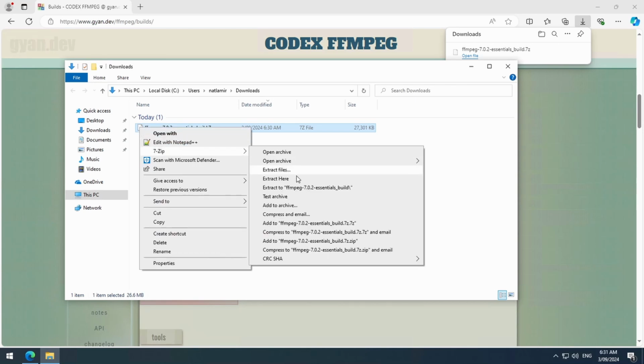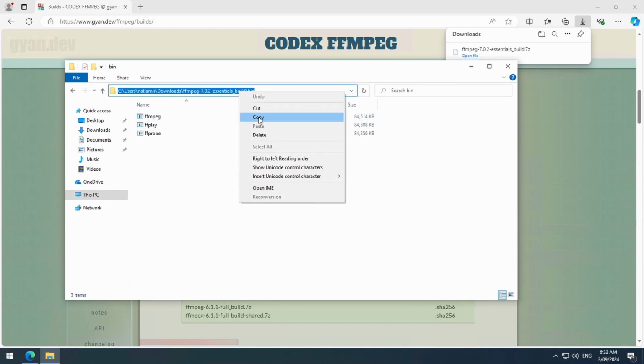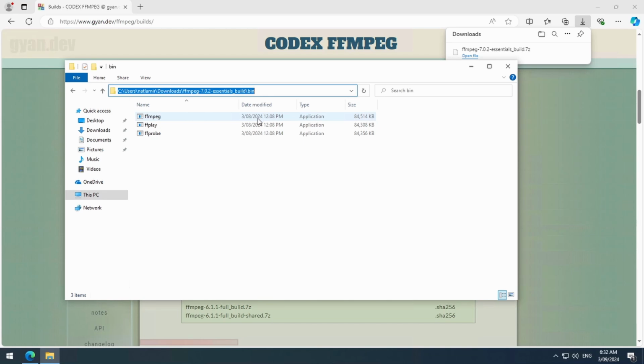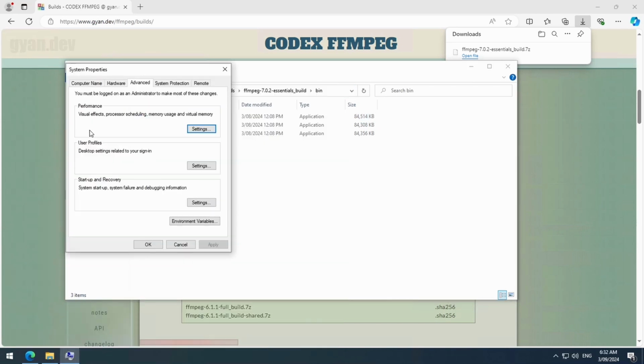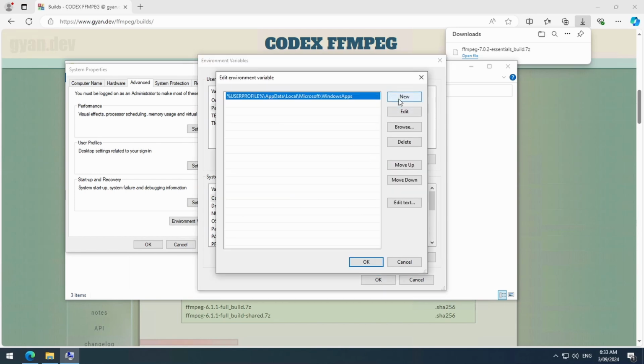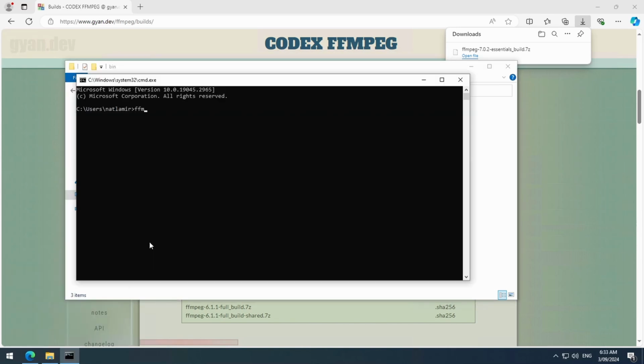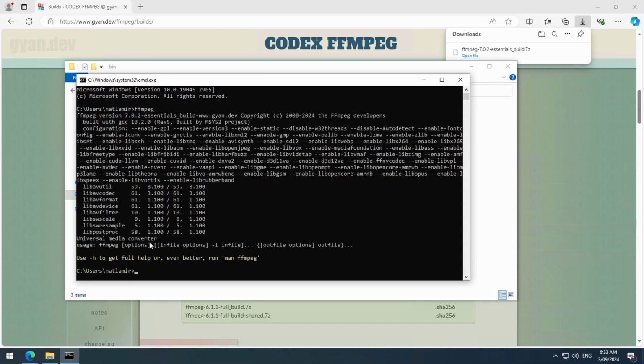Right-click and extract here. You can move the extracted folder wherever you like. Just make sure to add the folder where the FFmpeg is to your environment variables. I'm going to copy-paste that folder path to the path environment variable. Click Edit on the path variable and add a new row, pasting that folder path. Now, if you open a command prompt and enter FFmpeg, it should show you the version information and other details